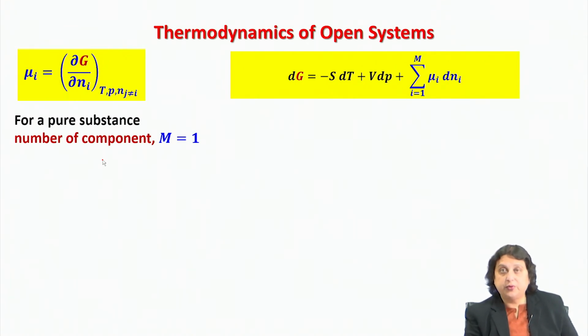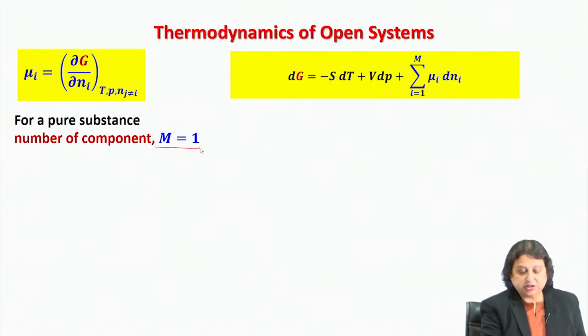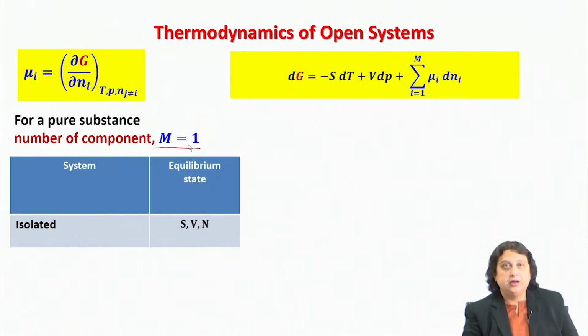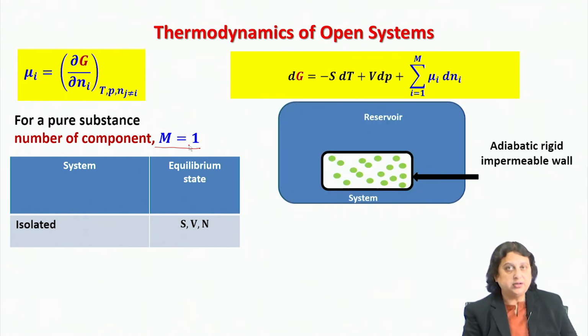So the number of components is going to be equal to 1. So I'm going to focus first on the specific case where capital M is equal to 1. Now, a pictorial representation of a system would be something like this. Remember, this is what we had